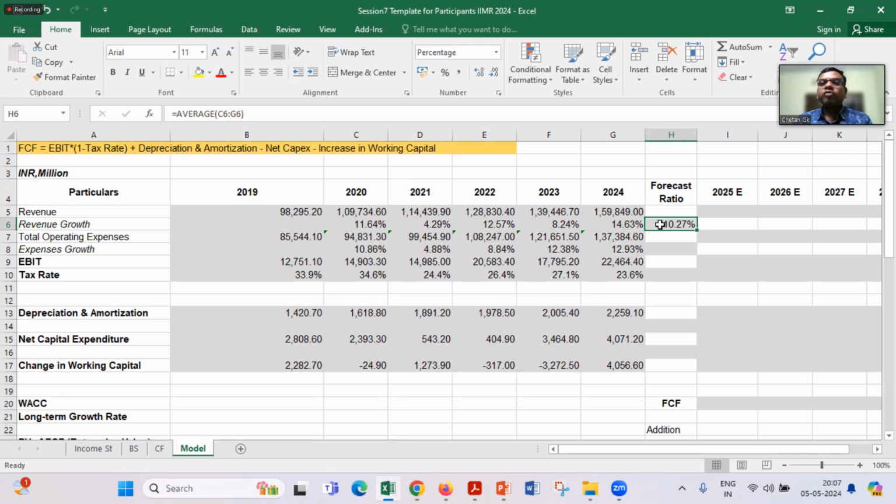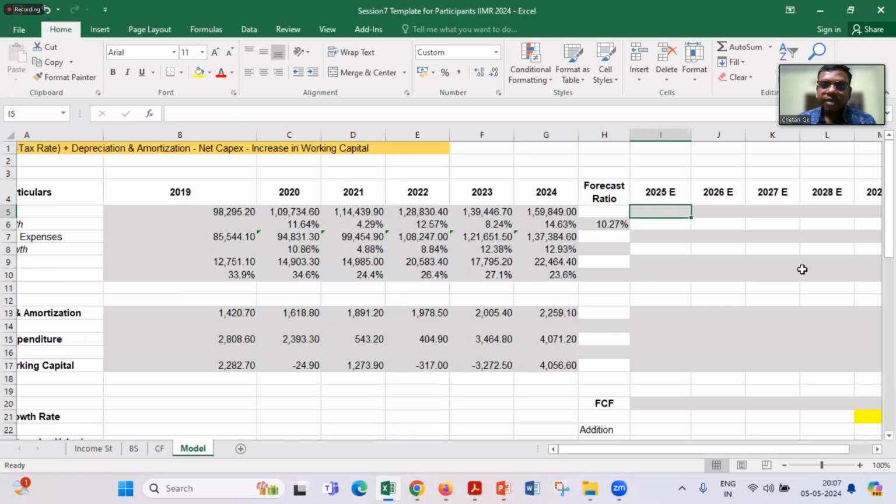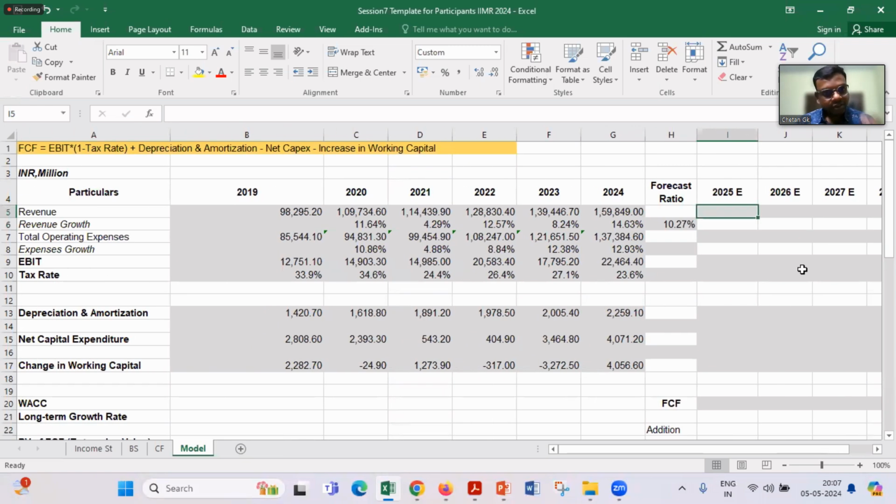Okay, so for now, for easiness, since I want to go with an easy method, I'm just taking the average of this. If you have any other better version of doing this, please go ahead and do it. I'm not stopping you. It is your creativity, and since it's your exercise, you can do it. But to start with, you can do the way I'm doing it. Later on, you can change it.